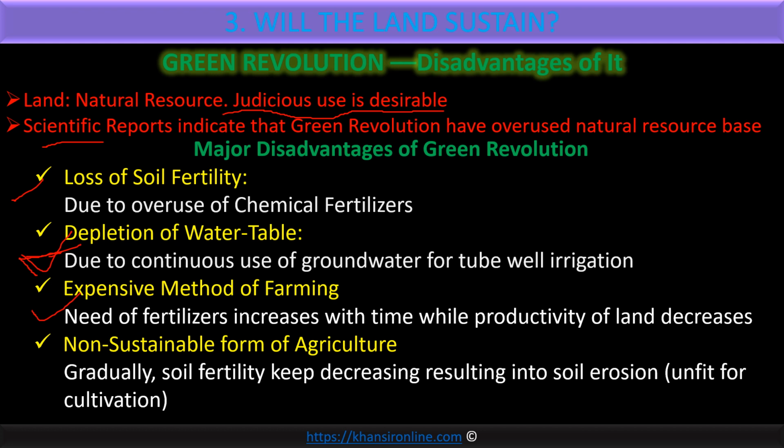Then this is an expensive method of farming. Poor farmers don't think about that, and rich farmers do, and the rich farmers are benefited today. For 5 to 10 to 15 years they would be benefited, but after that their benefit would start to reduce, and ultimately they will also go into loss, so they will have to stop it. But by that time they would have destroyed their good land also, so that's another disadvantage.